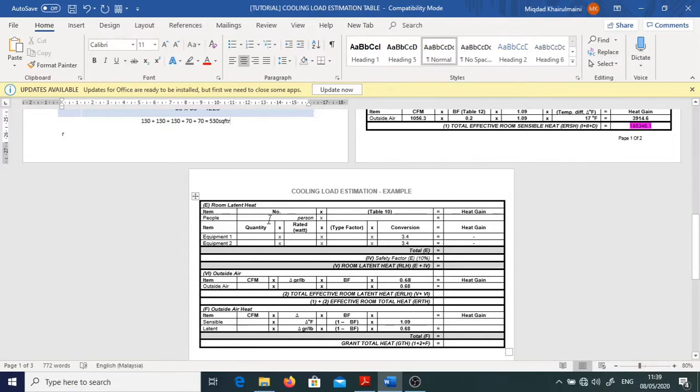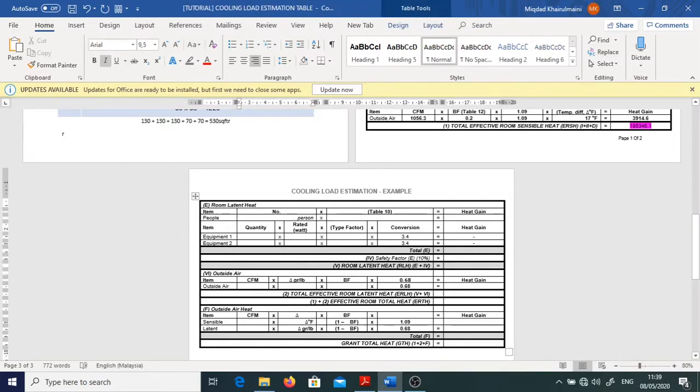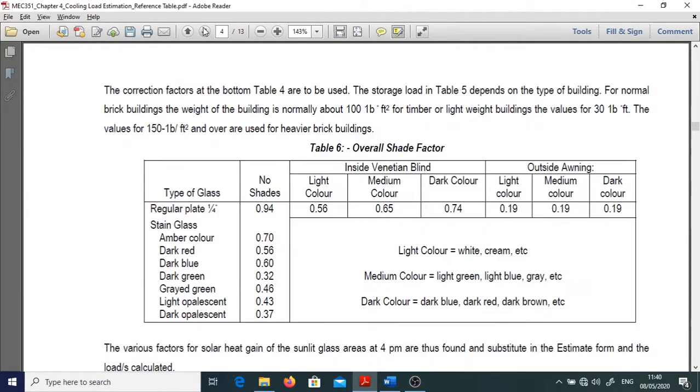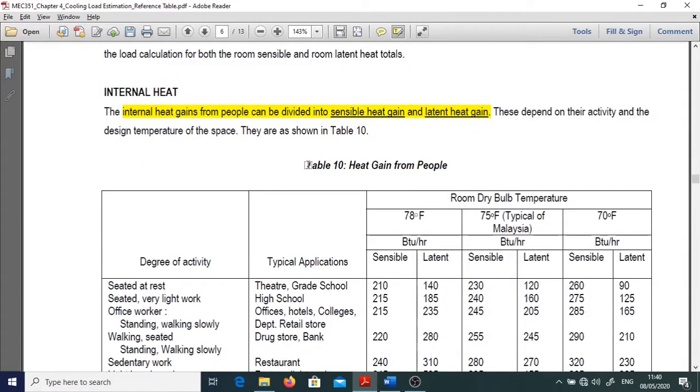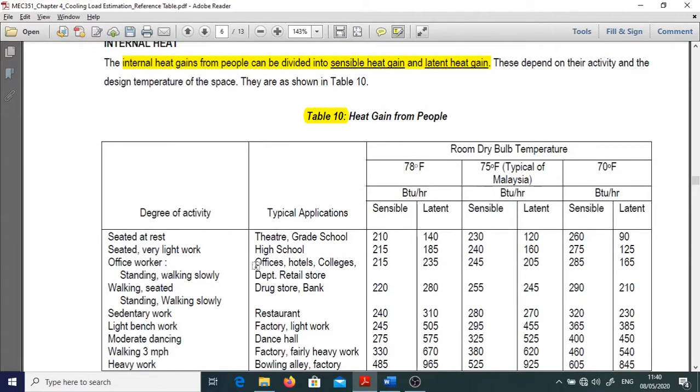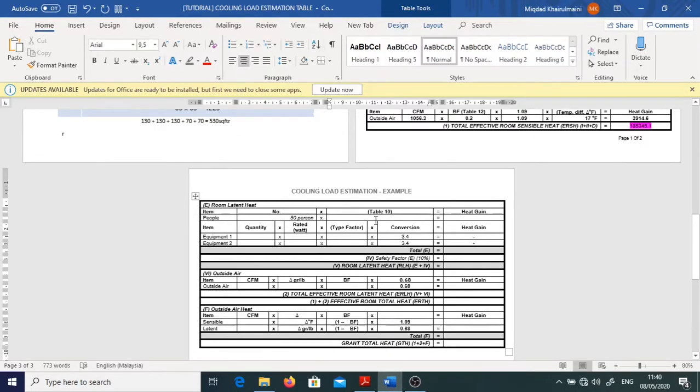So for room latent heat, the number of persons is based on our space characteristics. We know that the number of persons is 50. Next, we have to look in table 10 and read the latent heat factor. Same application, office, same degree of activity for office worker. Under typical of Malaysia, we read the latent value. Here the value is 205. So back to our table, we fill in 205 and we can calculate the total here,